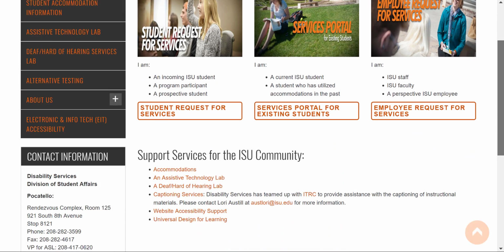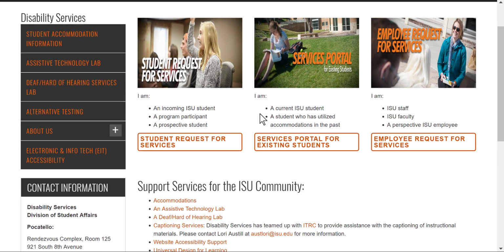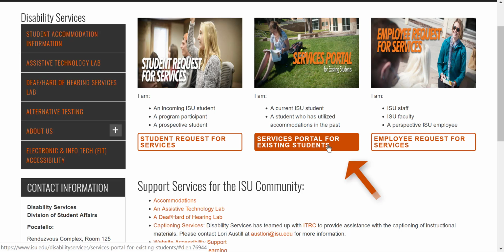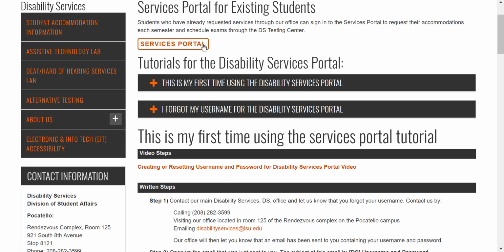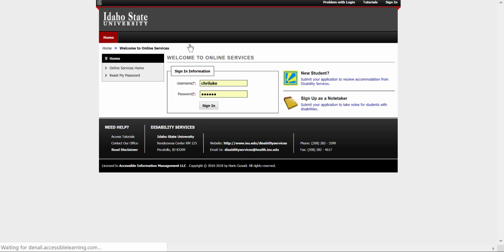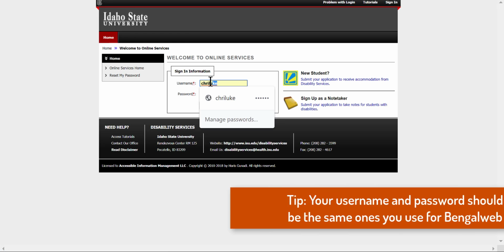So the first thing we need to do is access the student portal. So we're going to click this right here. And then if you're a returning student, you're going to just log right into the portal. If this is your first time working with disability services, there's other things you're going to have to do first. So we're just going to assume that you're an existing student who has worked with alternative format before. So we're going to log into the services portal, and